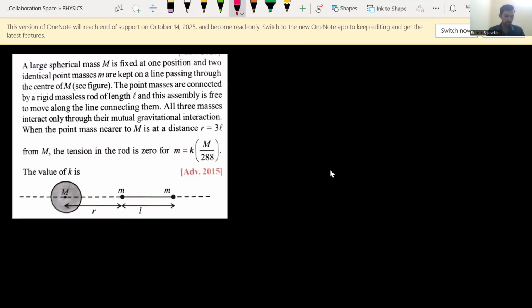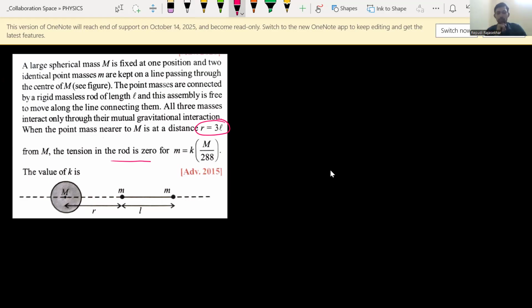All three masses interact only through their mutual gravitational interaction. When the point mass nearer to M is at a distance r equals 3L from M, the tension in the rod is 0 for m equals this much, then the value